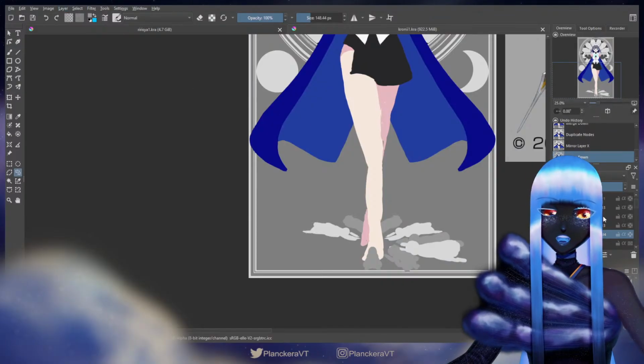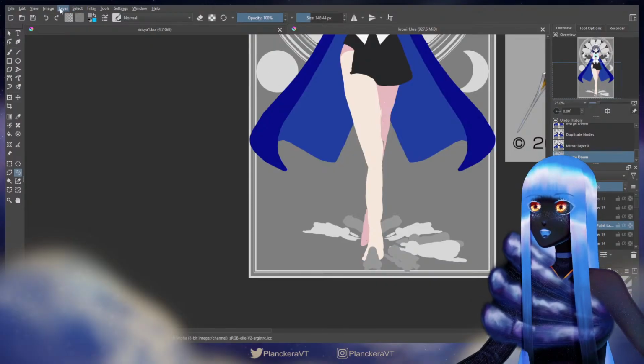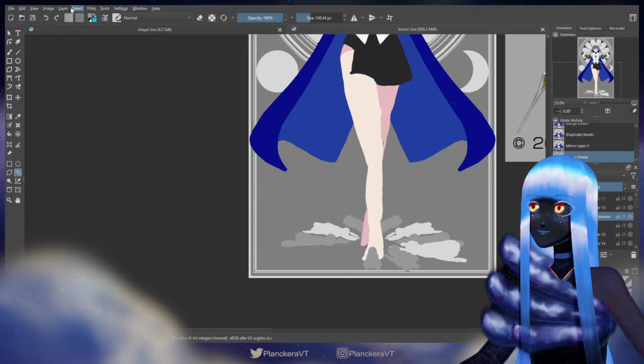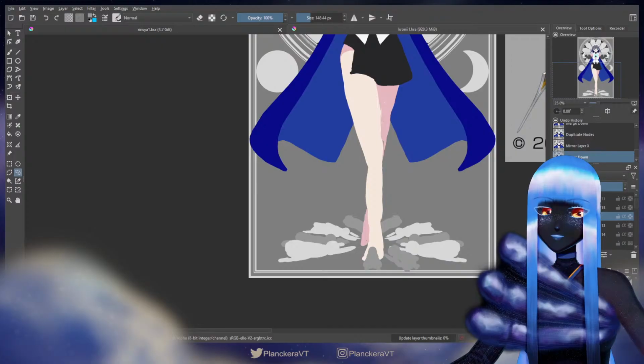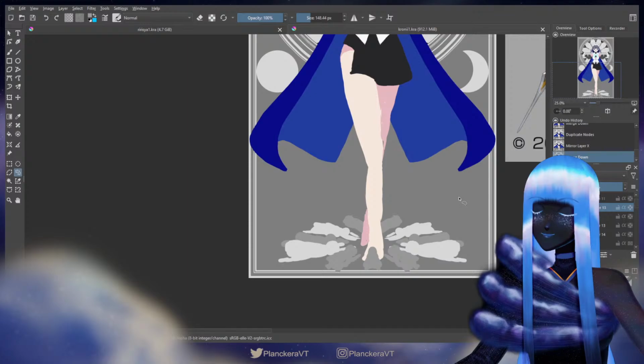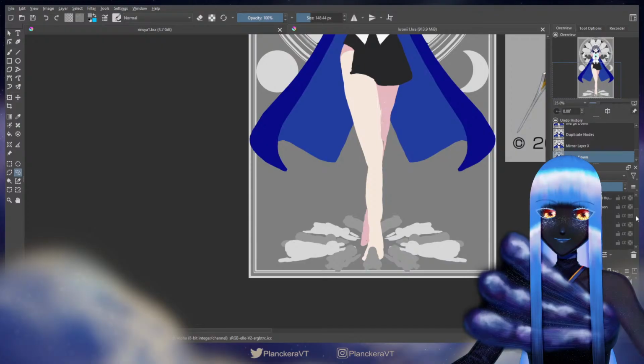So mirror horizontally, merge down. Duplicate. Mirror horizontally. Merge. Duplicate. Mirror horizontally. Merge. Duplicate. Mirror horizontally. Merge. Okay. Now I'm gonna grab all the layers again.